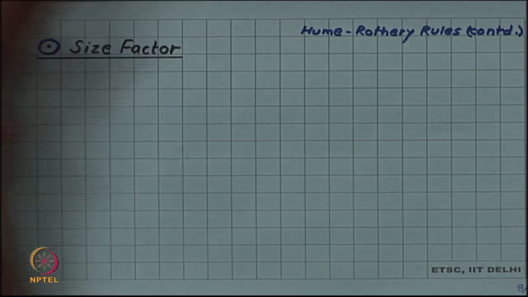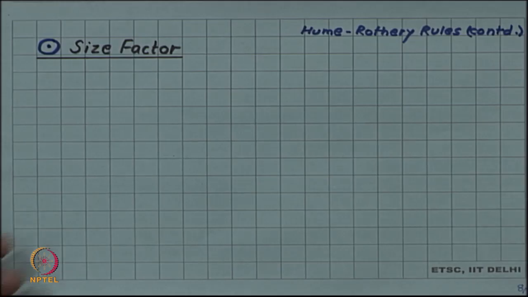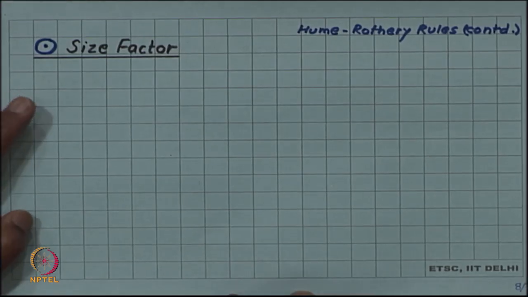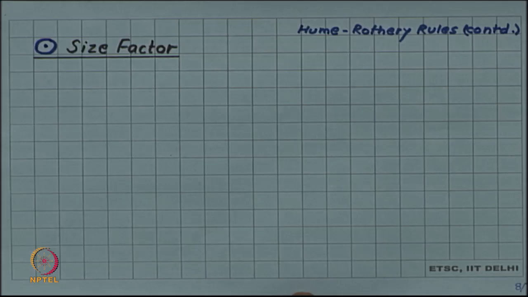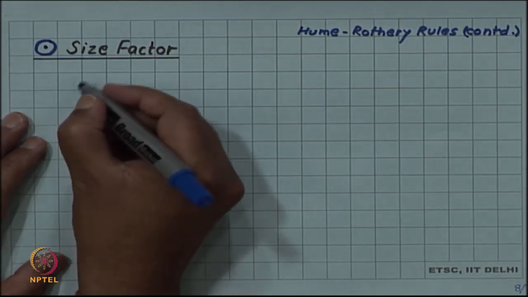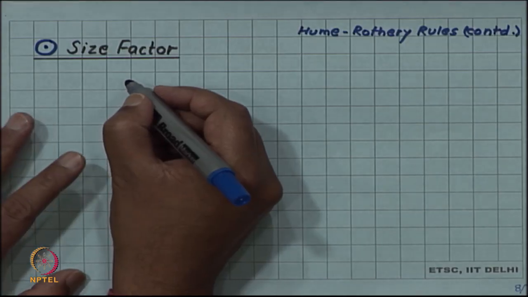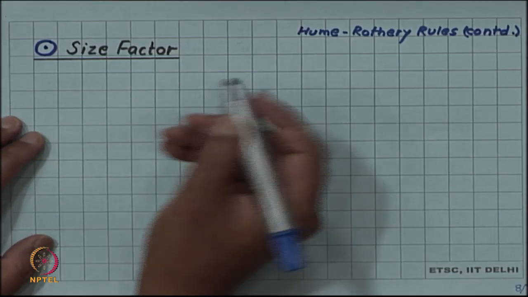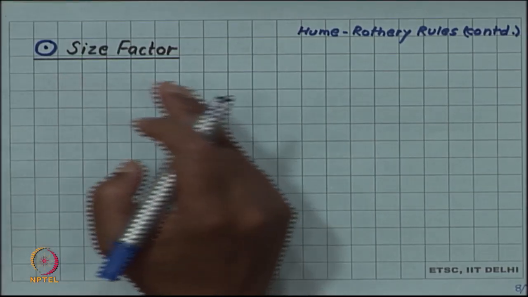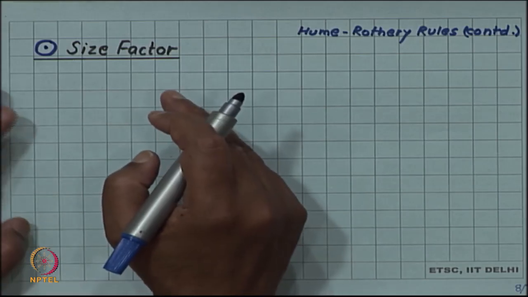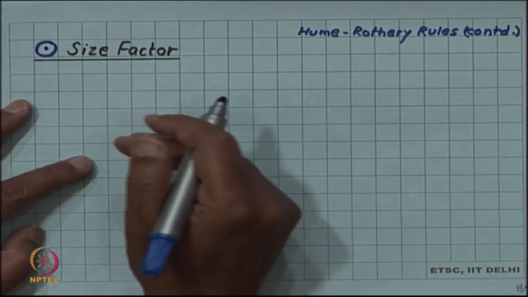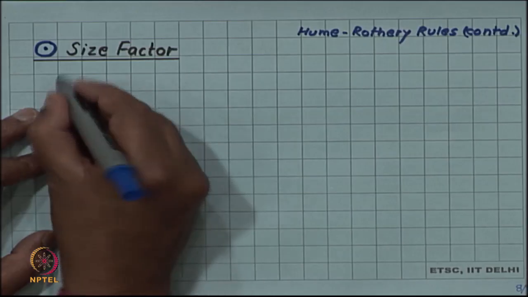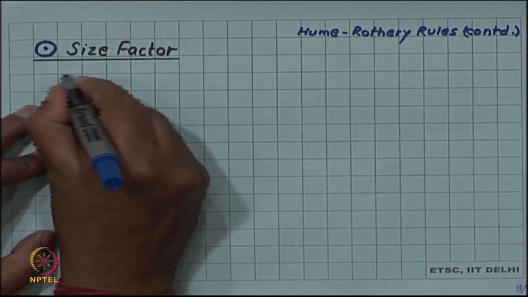So, we now go to the next factor, the size factor. Now, structures may be the same, but still a complete solid solubility may not always be possible. So, there is another factor which is the size factor, and we have already seen the effect of size in interstitial solid solution. The same effect of size comes here also: when two elements are widely different in size, they will cause a lot of strain, limiting the solubility. So, what Hume-Rothery found by experimentally studying various systems was that